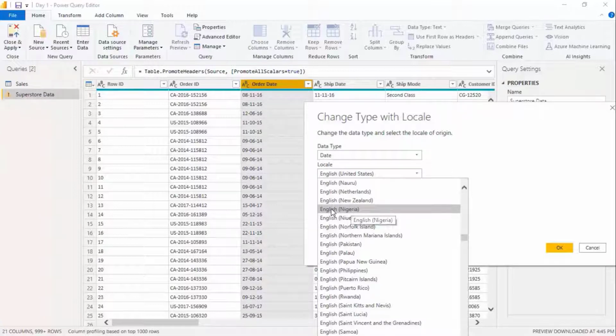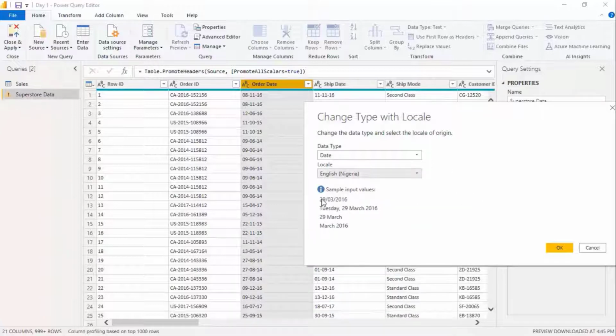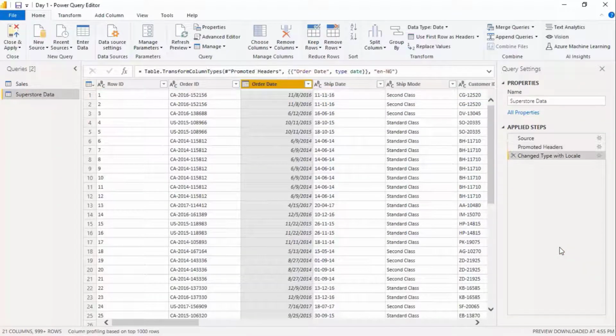So when we click on English Nigeria, you can see the sample format, which is 29, which is day, 03, which is month, and 2016, which is year. And this is the same format we have here. So we can click on OK. When we click on OK, we see that we don't have any error in this column again. So that's how to correct the formats from month, date, and year to